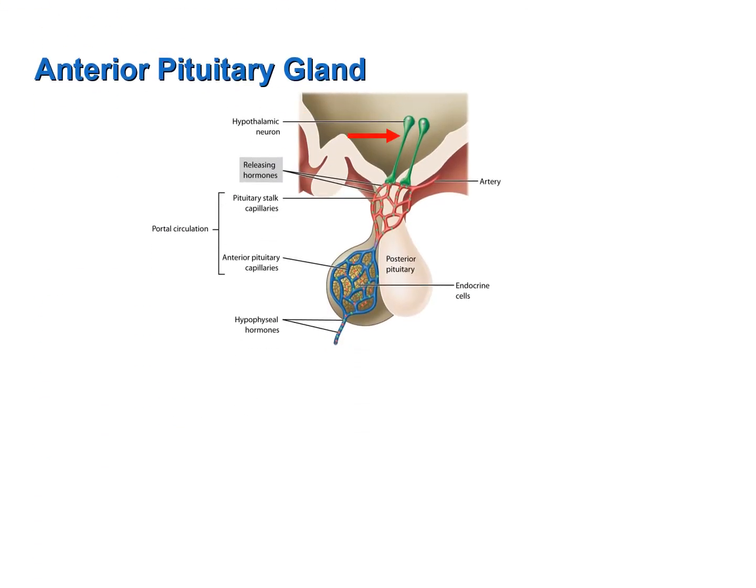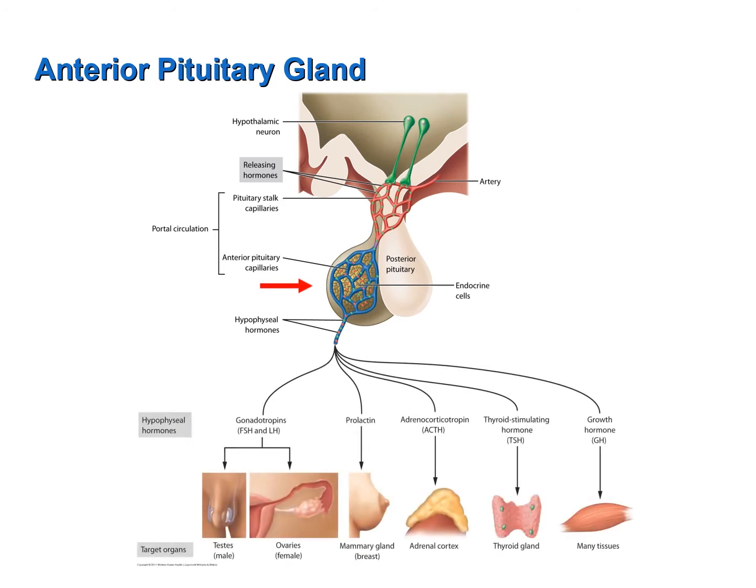The hypothalamus contains neurons which secrete hormones that enter a capillary bed in the pituitary stalk. From there, these hormones are taken to a second capillary bed located in the anterior pituitary gland. This capillary bed gives these hypothalamic hormones access to the endocrine cells of the anterior pituitary gland. These hypothalamic hormones then either stimulate or inhibit the secretion of 6 hormones by the endocrine cells of the anterior